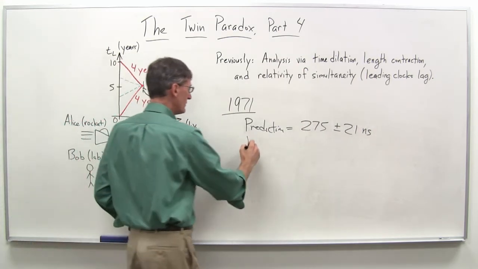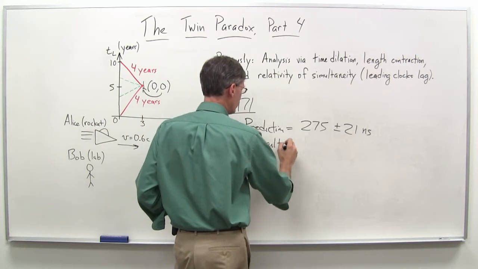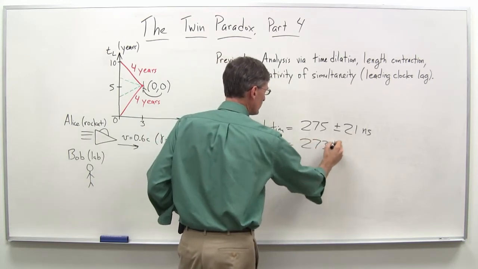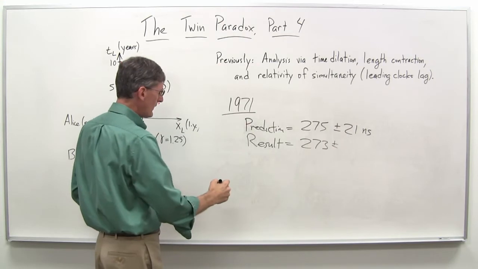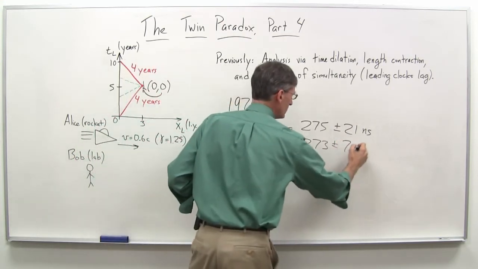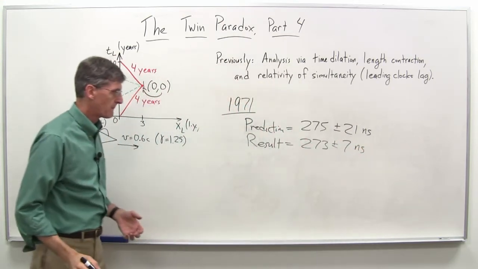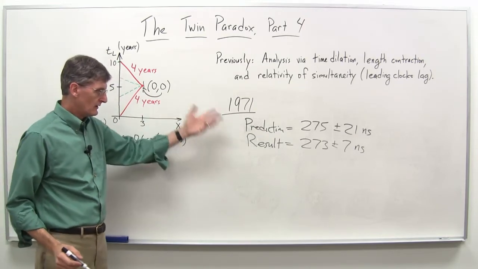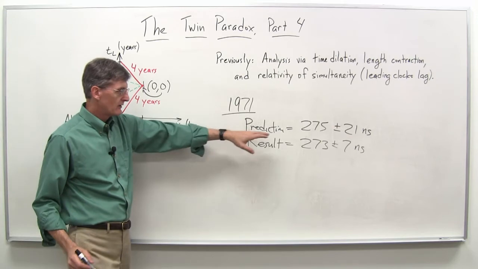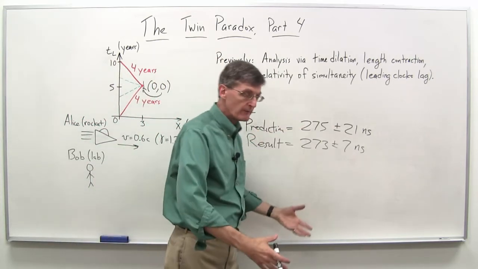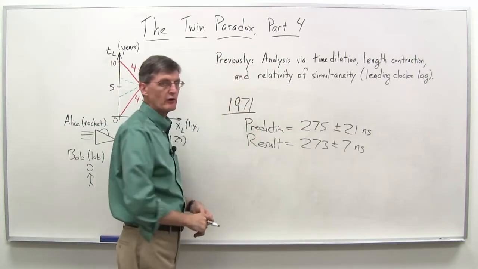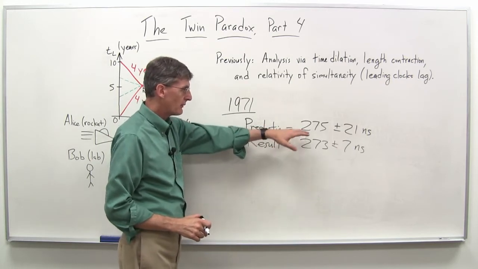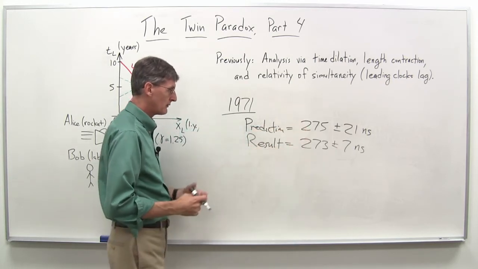The result was 273 plus or minus, I think it was about 7 nanoseconds, something like that. So pretty close. The eastbound result wasn't quite as good as that, but they predicted the clocks that flew around would run more slowly than the clocks on the ground by this amount,